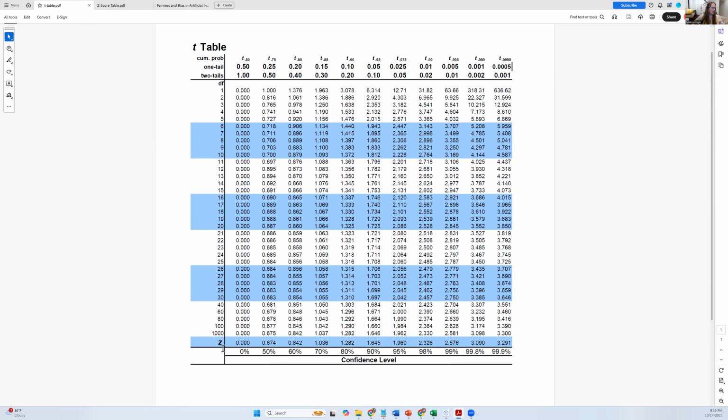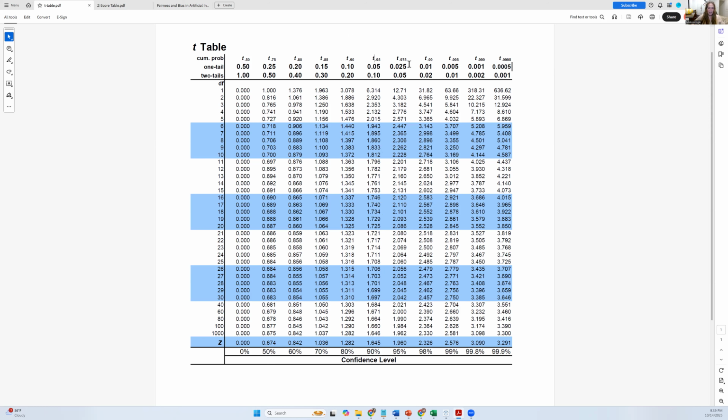And you can see down here at the bottom, you have the z-score. The z-score you can only use when you know the full population mean. So imagine you want to know a 95% confidence interval. That's this T sub .95. That's the 95% confidence interval. You read all the way down, you got 1.645. However,